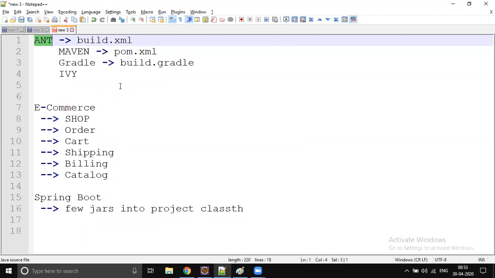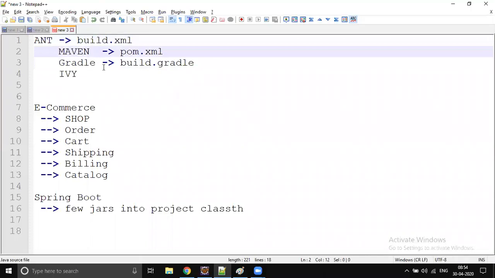Okay, and that's why Ant is almost retired in the market now. Nobody is using Ant. Most of the time we use Maven, Gradle, or Ivy, right? Some people feel comfortable using Gradle if they have experience in Groovy. If you don't have any experience in Groovy, then you can use Maven because Maven is pretty easy. It's a simple XML configuration. You can easily understand it. XML is a user friendly technology, so we can quickly learn.